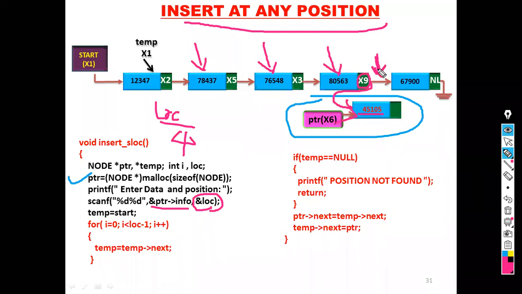That means you have to store the address of the previous node, the node present in the third position. So to get that address, what to do? You have to take a pointer temp. You have to move this pointer one by one to reach the position before that specific position. Okay, see here.